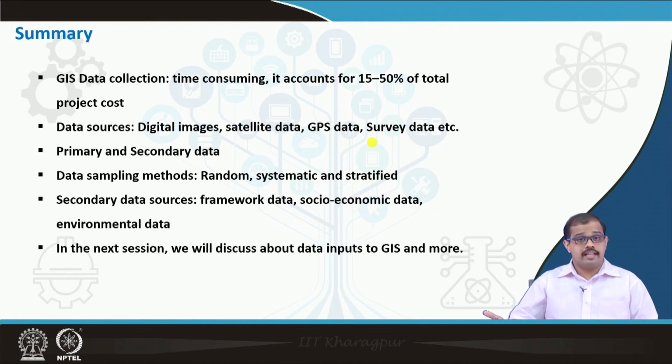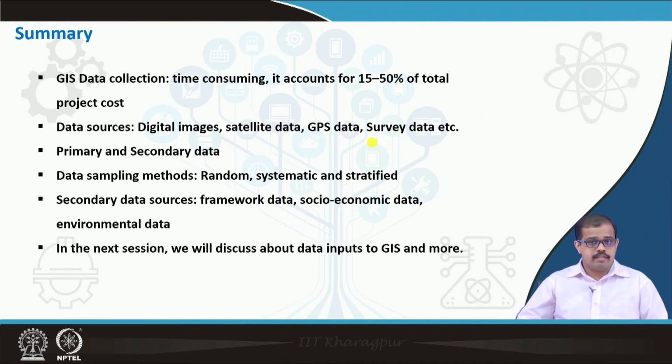Then we looked at data sampling methods. We have three types: random, systematic, and stratified. Random is used only for small data sets, whereas systematic sampling can be used for large data sets but would be biased. Stratified is the best way of sampling as of now, but stratified sampling involves huge voluminous work before going into the field. So look at what kind of sampling is done, as that gives you the exact way of understanding how the data is generated.